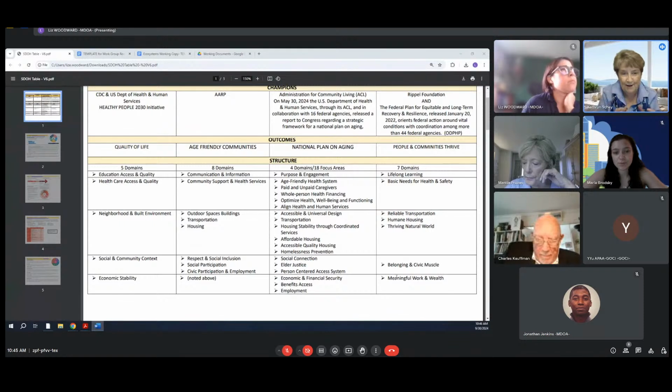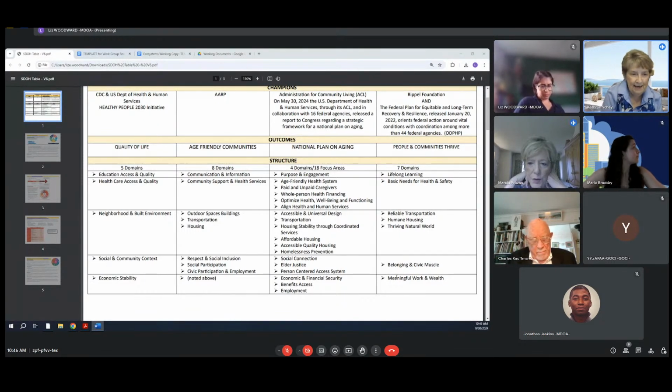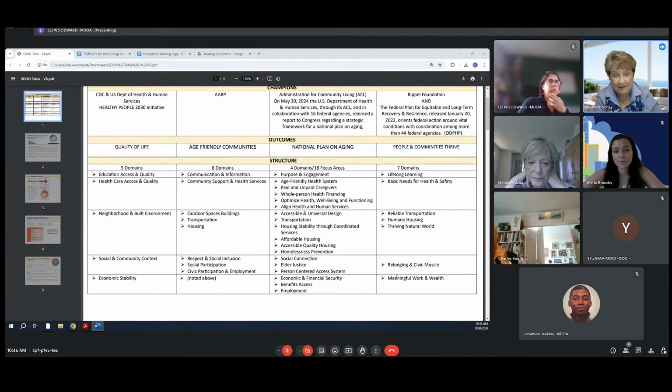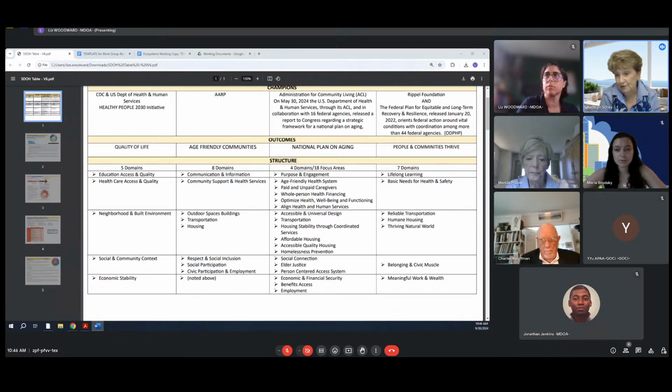But again, there's a lot of redundancy here, but it just goes to show you that the things, because I know, Chuck, you brought up transportation. That's certainly a highlight in each of these, as is housing. Yeah, housing's big too. But again, there's lots to draw on here, and there are lots of similarities. And depending on how we pitch this ultimately, lots of people should be interested in this, because we know that ACL will be interested. We know that multiple departments on a federal level should be interested, as well as foundations and trusts and such on a national level. So that was my work on this document.